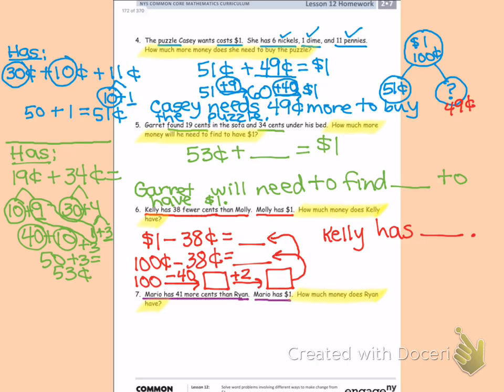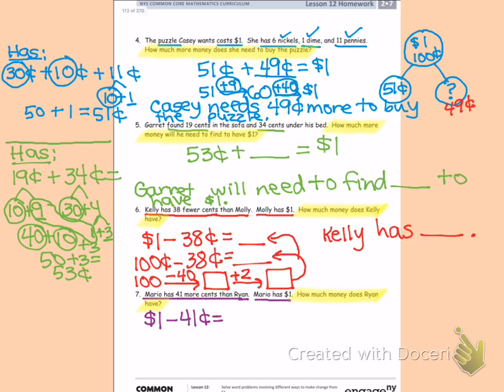Well, if Mario has 41 more cents than Ryan and Mario has $1, we should go ahead and start with that $1 that Mario has and take out the 41 cents extra that he has in order to find out